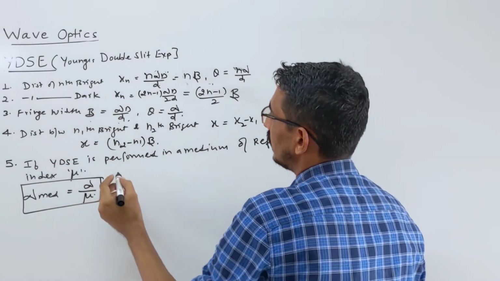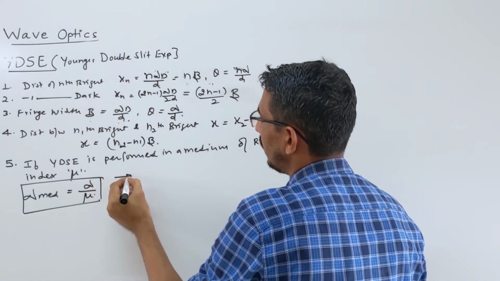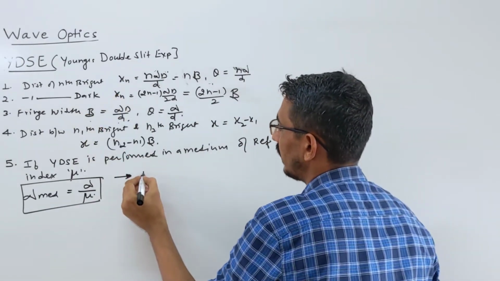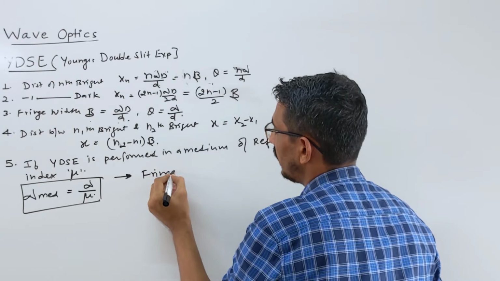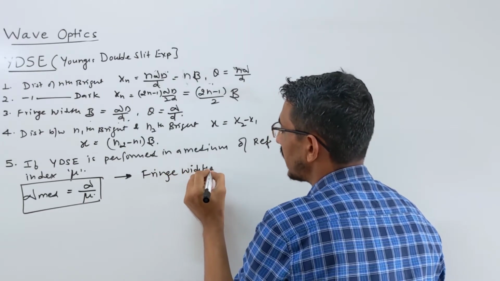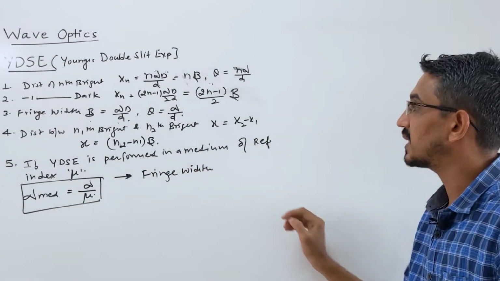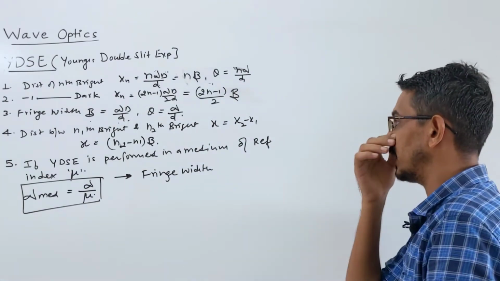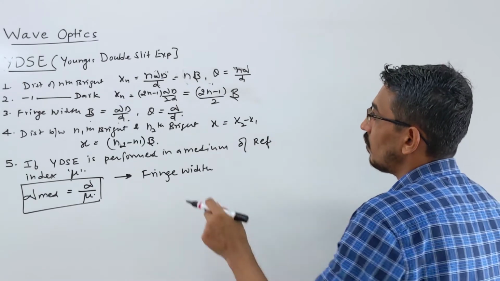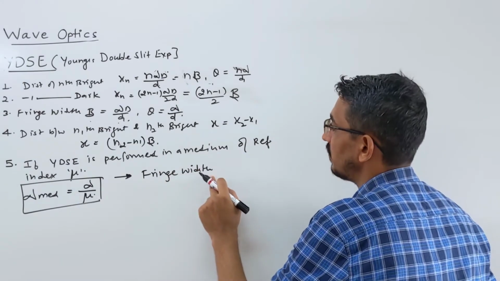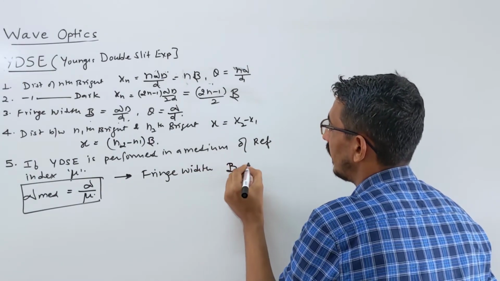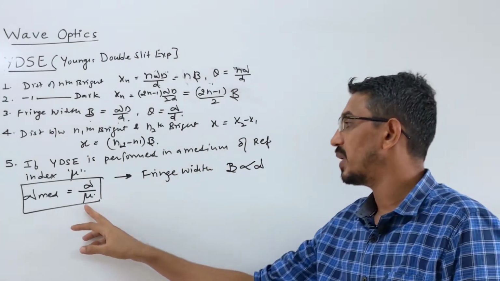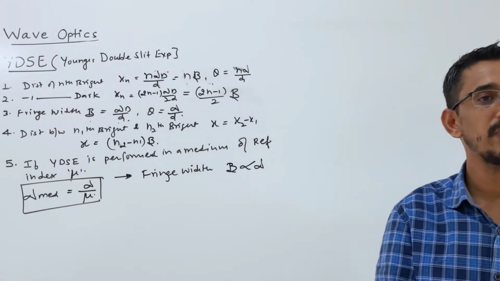Look here. So first I'm talking about what happens to fringe width if you're doing this test in a medium. Fringe width and wavelength are proportional. Look here, I'm writing in words also. When I say only fringe width, it always means linear. If they're asking angular, they will say the word angular, what happened to angular fringe width. Okay. Yes. So look here. What happened to fringe width? You see fringe width beta is directly proportional to what? Wavelength. Correct? So wavelength reduced by mu times, the fringe width is also reduced by mu times.